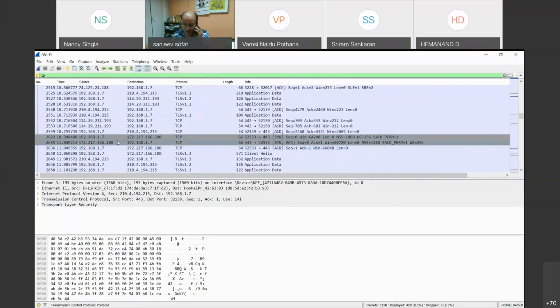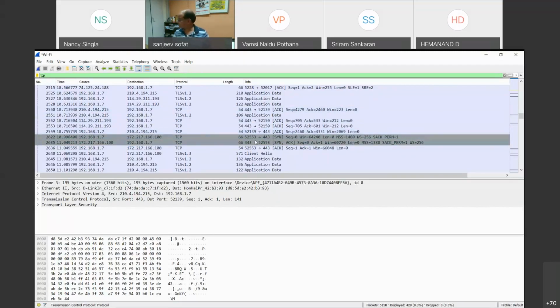Here we can see this is the IP address of my system, 192 this, and this is the IP address of the Google server. TCP is the protocol, and here you see the client is sending a segment with the SYN flag to the Google server.